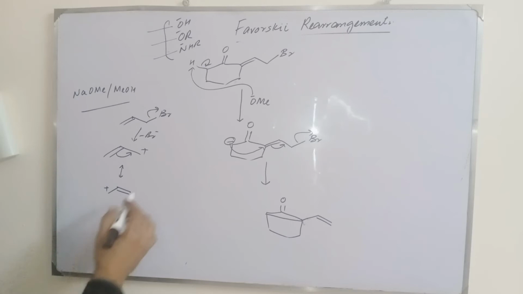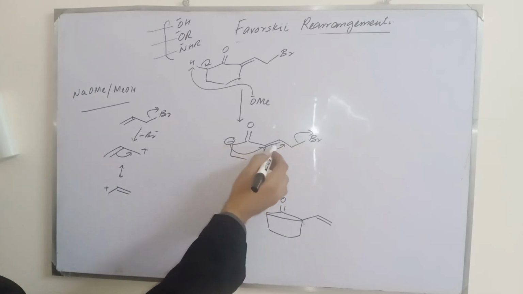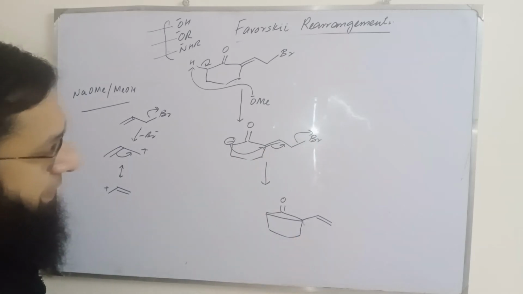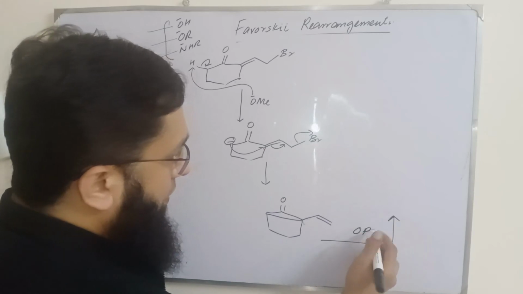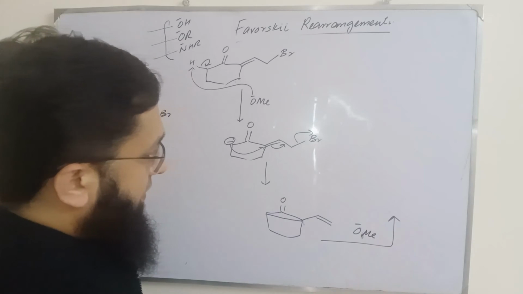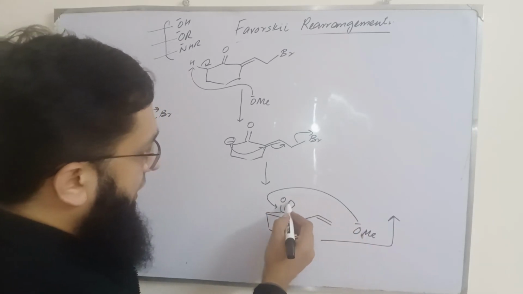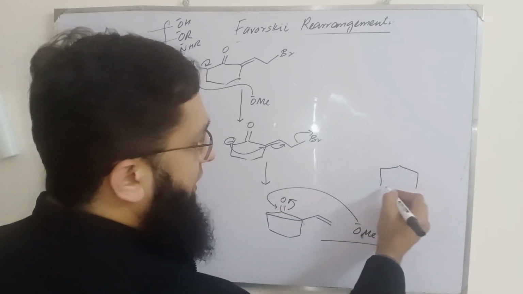So it means this carbanion can attack here, and it can be eliminated. So we will get this product, and in the next step again this would attack here as a nucleophile, and we would get the intermediate,